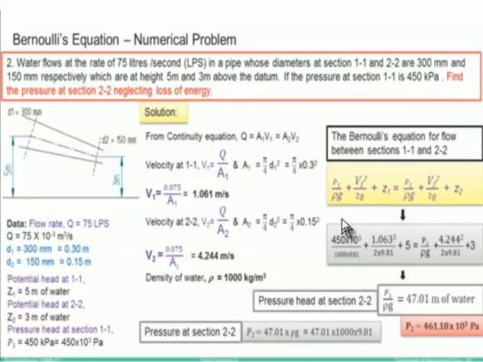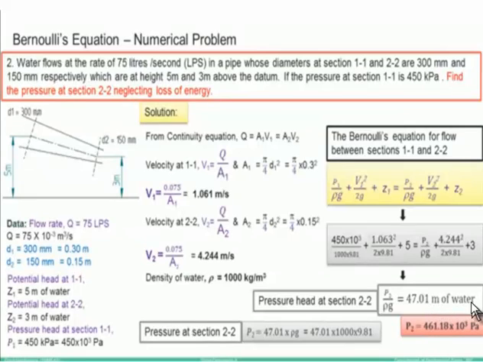Rho is 1000 into g is 9.81, into 10 raised to 3, plus V1, which is 1.061 meter per second, so we substitute V1 square. Z1 is 5 here. And P2 by rho g we don't know, we need to find out that parameter only. And next, V2 square, V2 is 4.244 meter per second, so substitute here, and 2 into g is 9.81, plus Z2 is 3. So substituting all the values and calculating, we will get P2 by rho g is equal to